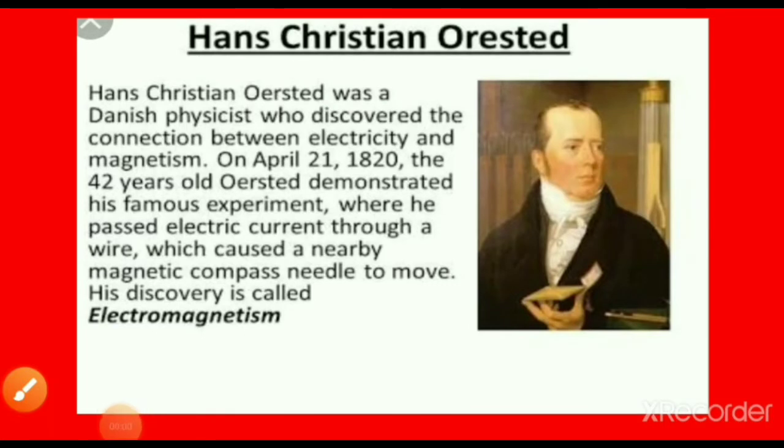Let us watch this video. We will be easily able to understand the magnetic effect of electric current. When the current is passing through, we can see how the magnetic compass shows the deflections. Once you watch this video, you will easily understand the magnetic effect of electric current.